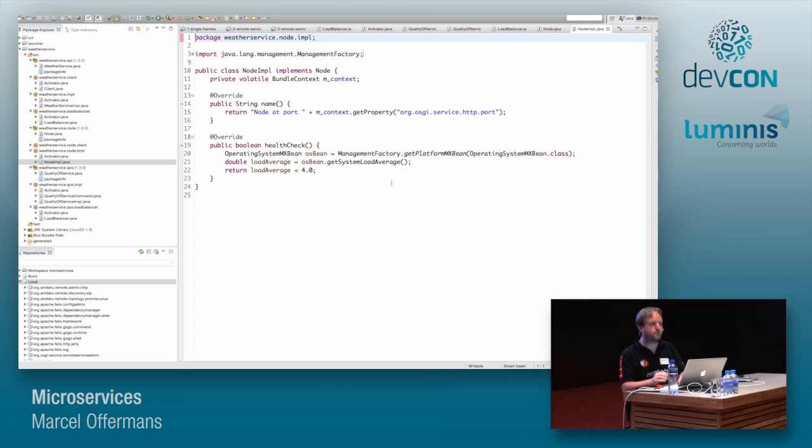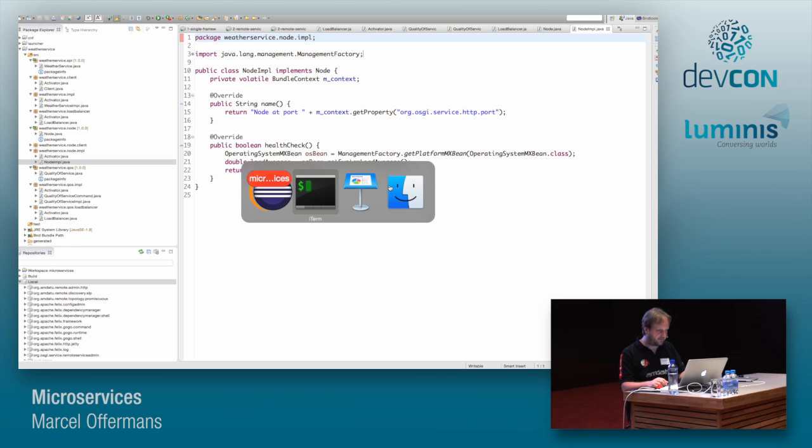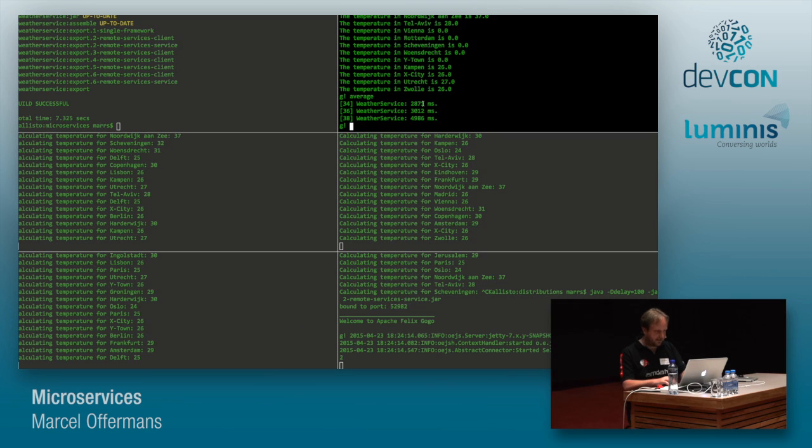I use an MBean in this implementation to look at the system load, and if it becomes too high, I'm just going to say it's not healthy. It's always a little bit tricky whether my load will actually be high or low at the moment, so we'll see what happens. That's implemented both in the client and in the backend, so I need to restart all my different nodes.